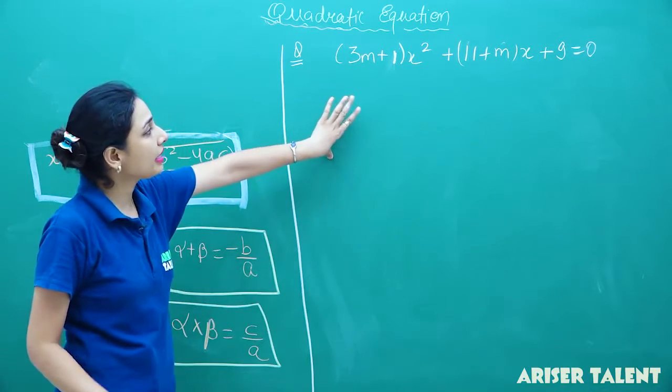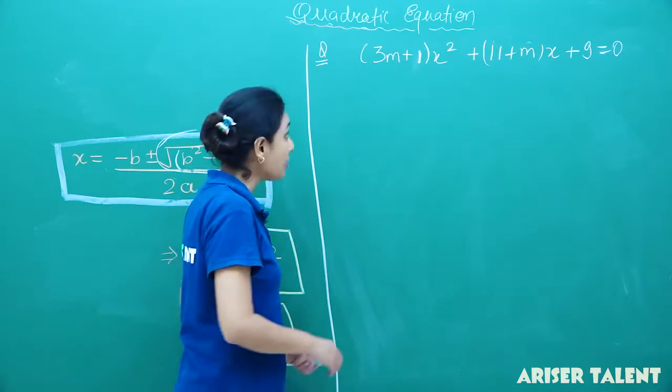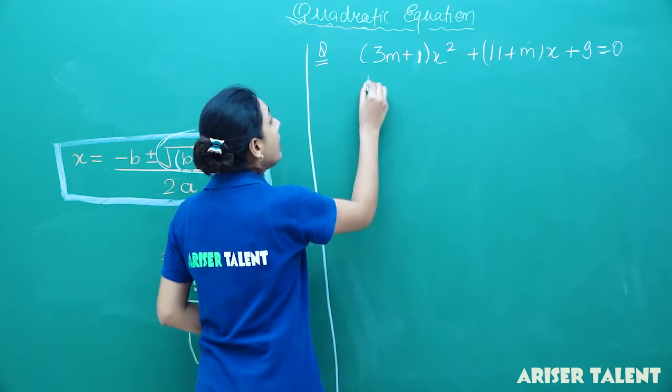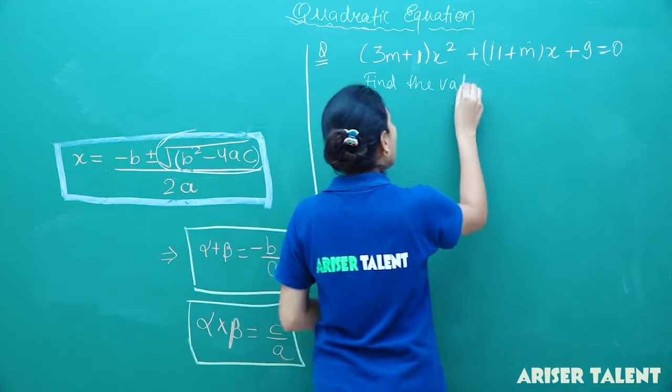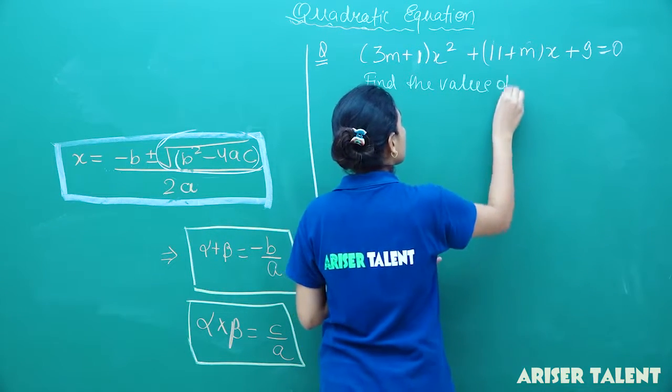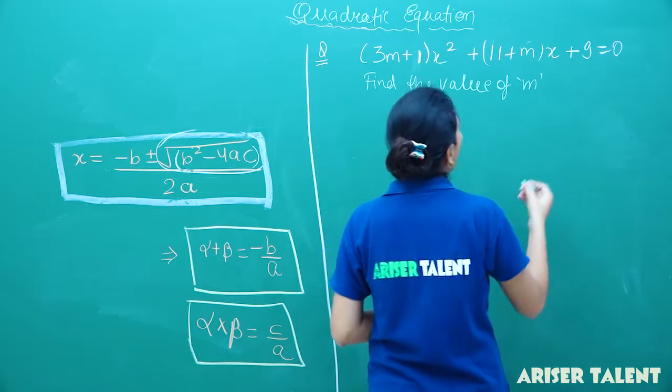So this is the equation I have, and the question is this: find the value of m